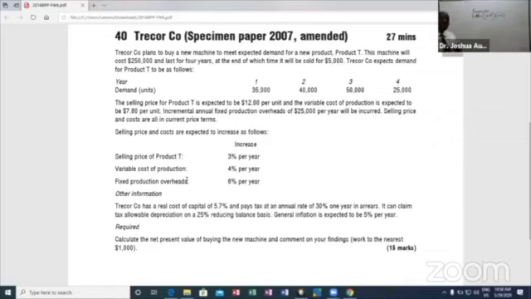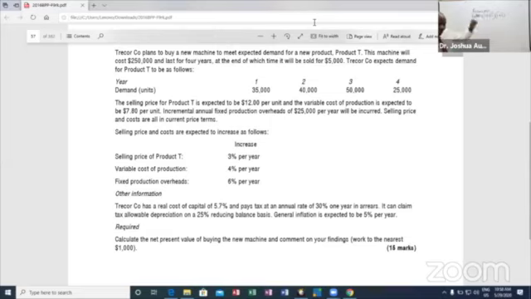So they're telling us, ladies and gentlemen, that the depreciation of the asset will be analyzed using the reducing balance method. General inflation is expected to be 5% per year. Required: calculate the net present value of buying the machine and comment on your findings, and they want us to work to the nearest